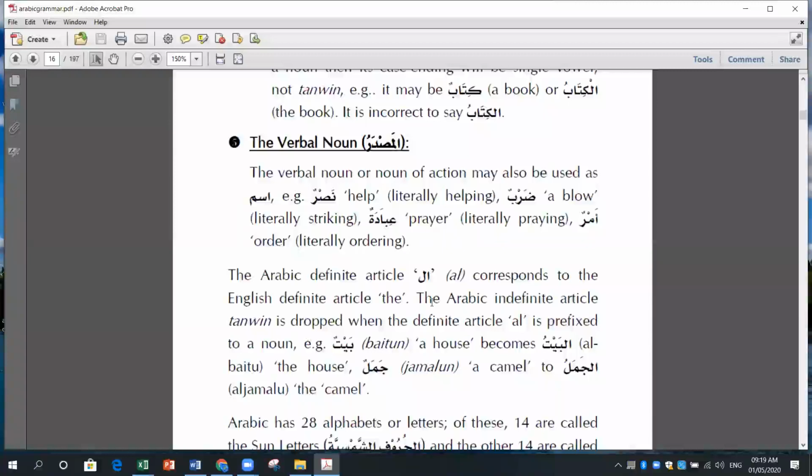So we can say the name of an action word. Like help is a name of an action. I'll give you another example. Sleep. Sleep is a noun because it's the name of an action. Like I am sleeping. I slept yesterday. I will sleep in the night.